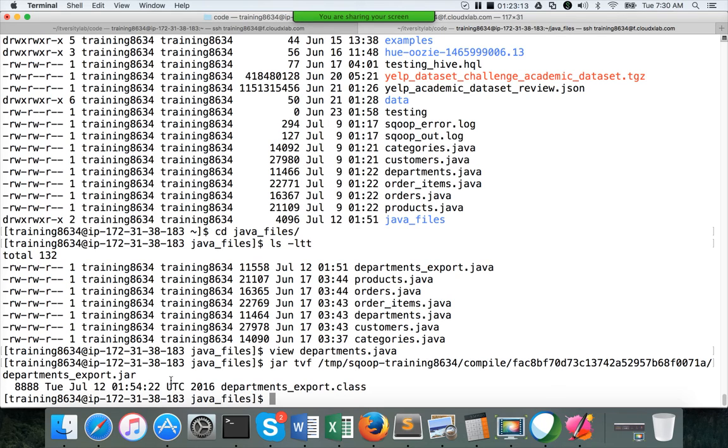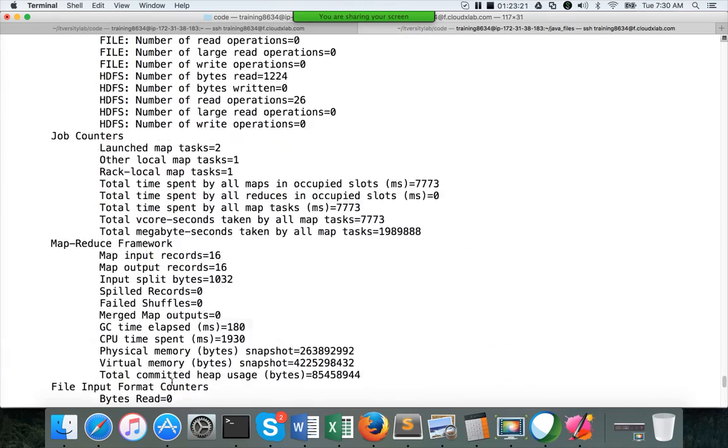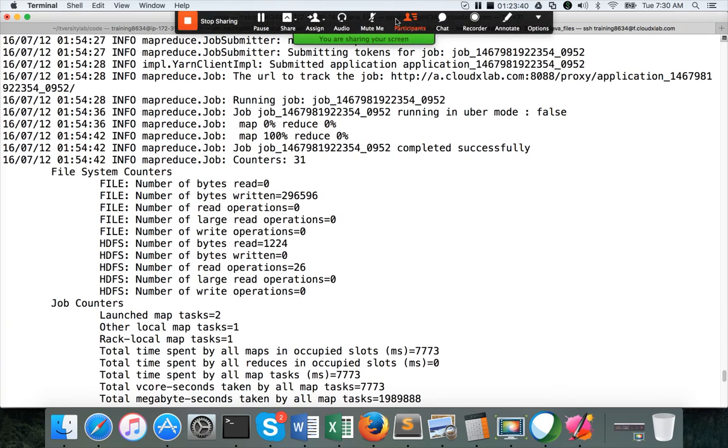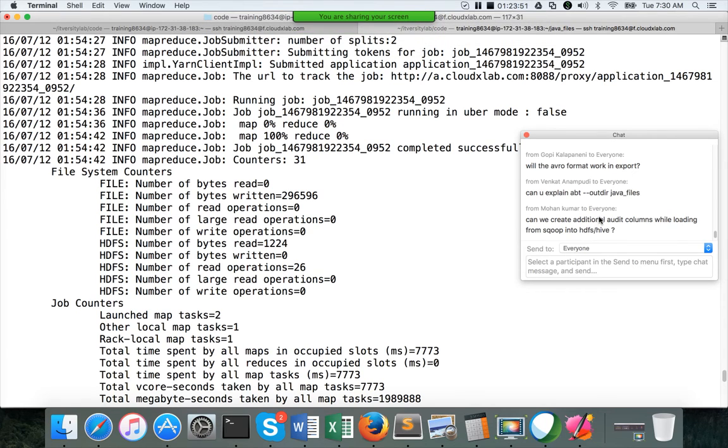So this jar file will be used in conjunction with the other Sqoop jars to submit our Sqoop import as a MapReduce program, and that MapReduce program will actually do the heavy lifting of copying data from source into the target. If it is import, the source is the relational database and target is HDFS. If it is export, the source will be HDFS and target will be relational database. Okay, so out-dir is to stage those Java files on a location where we can go back and review the details. I hope it answered your question.